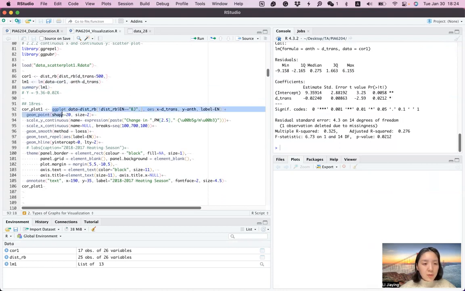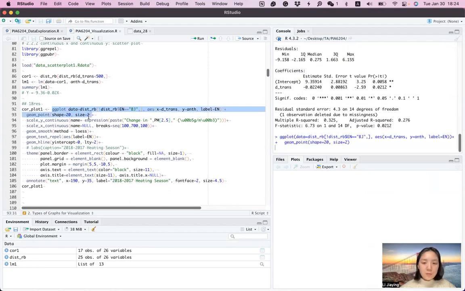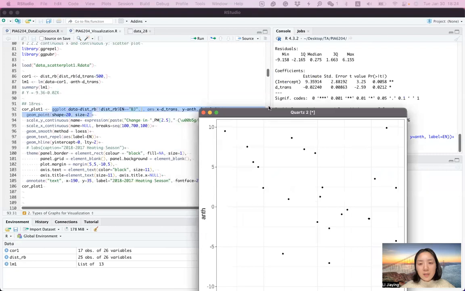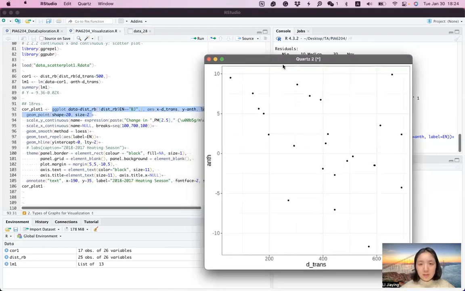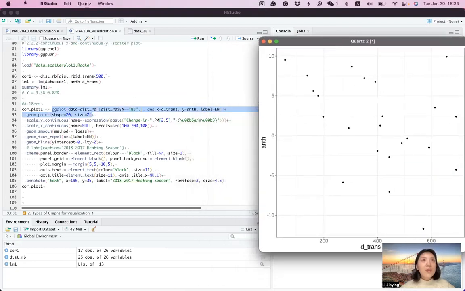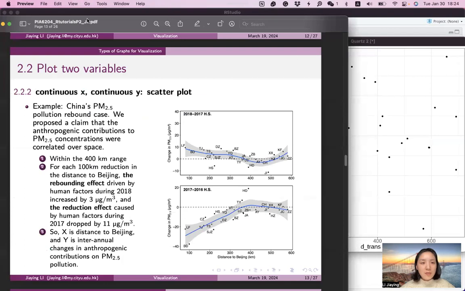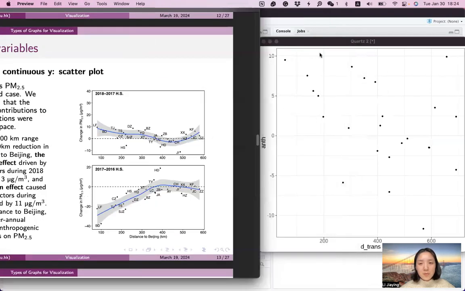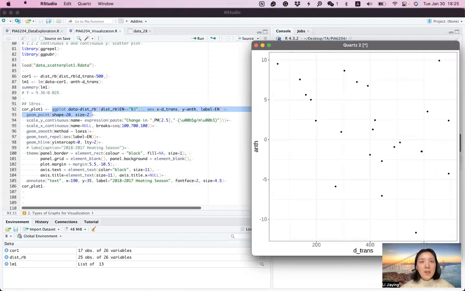Similarly, we first plot the required elements. We can get a plot like this one. It's quite different from the final version of our plot. We need to modify the plot and make it